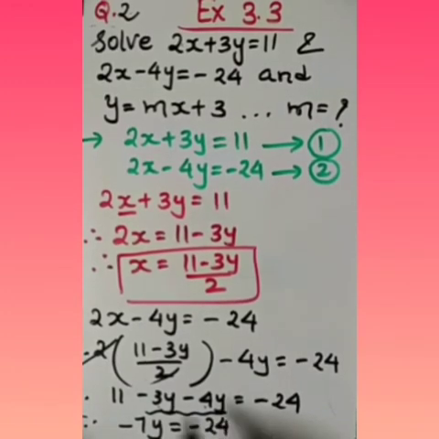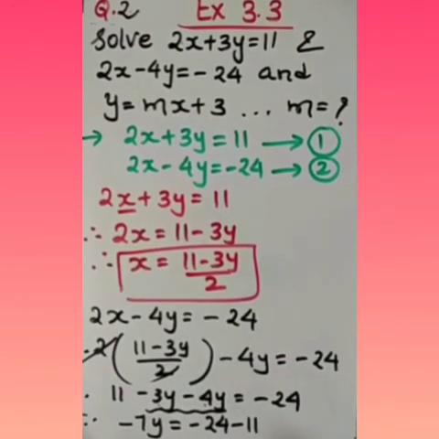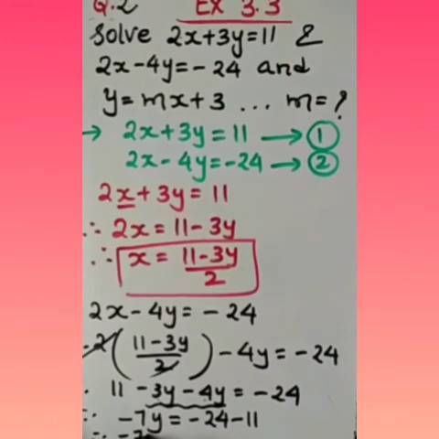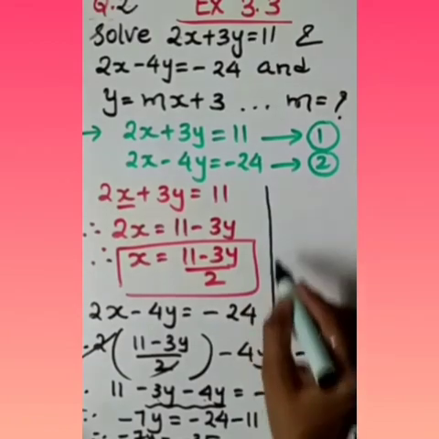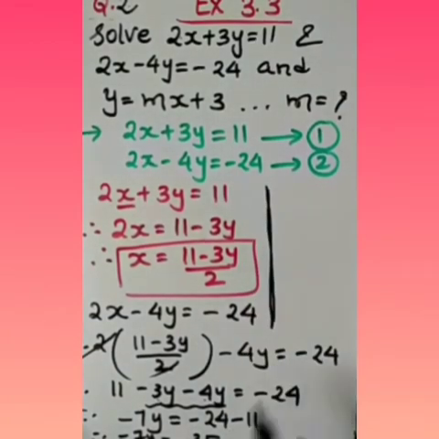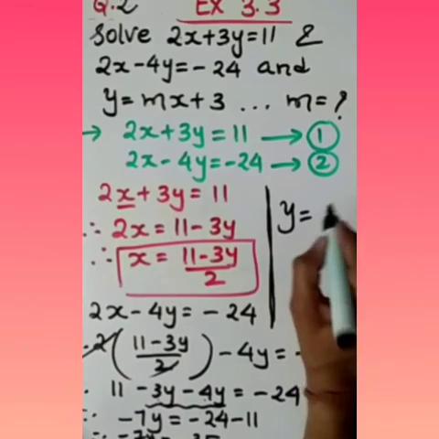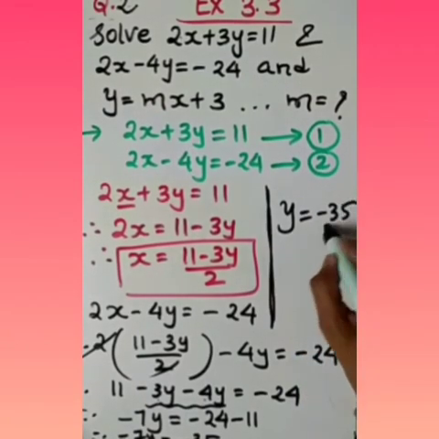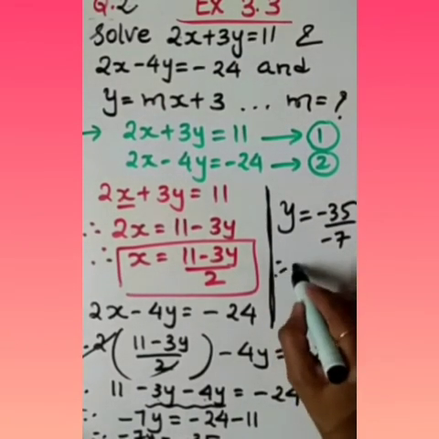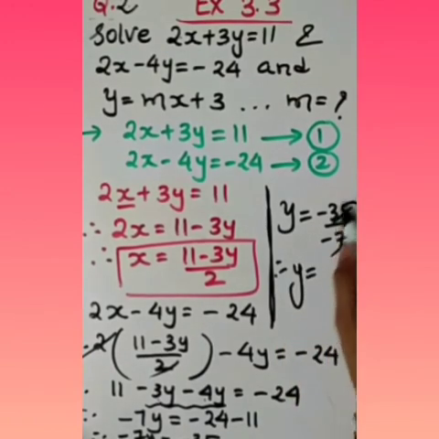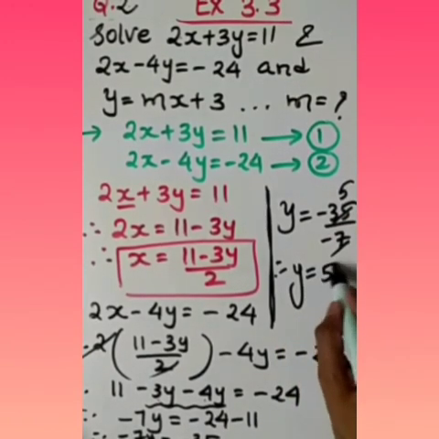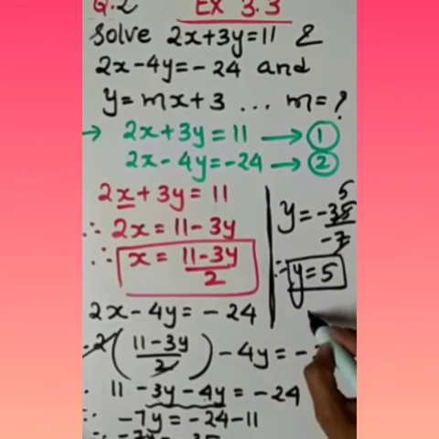Minus 24, this plus 11 will move to this side, it will become minus 11. So, I should say minus 7y equal to minus 35. Same sign addition. Okay. So, finally, I am completing the sum here. So, y equal to minus 35 upon minus 7. So, the value of y, 7 5s are 35, minus minus cancel. So, the value of y we got is 5.